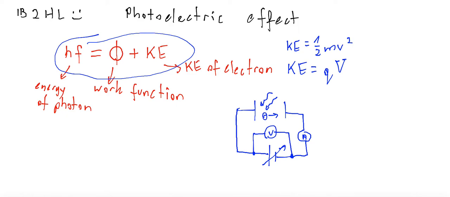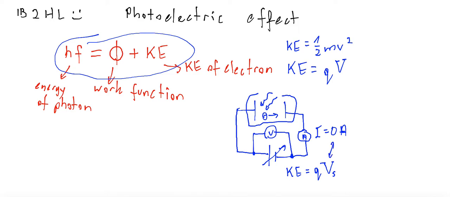The idea of this was to check the voltage, using the voltmeter, for which no current flows in the circuit. What does it mean? If no current flows in the circuit, it means that the power supply delivers exactly the same voltage as the voltage created by this photoelectric effect. Basically, in this case, this voltage needed to stop the current is equal to